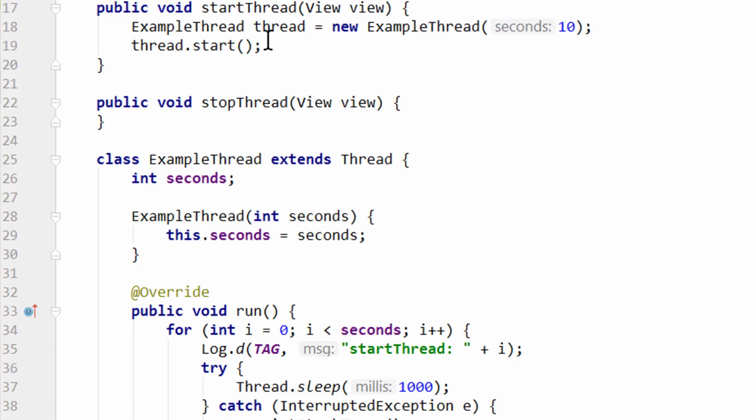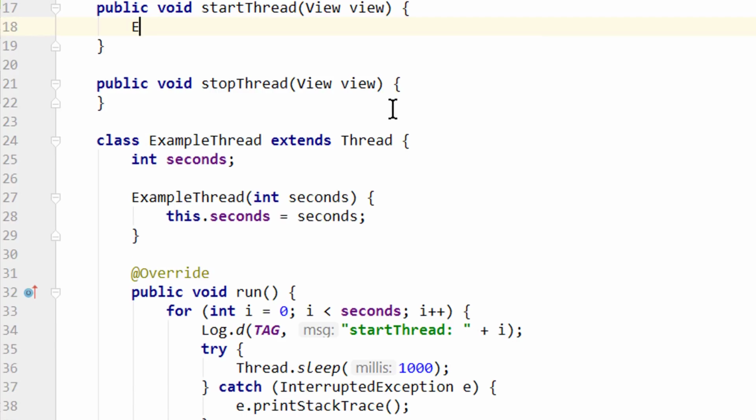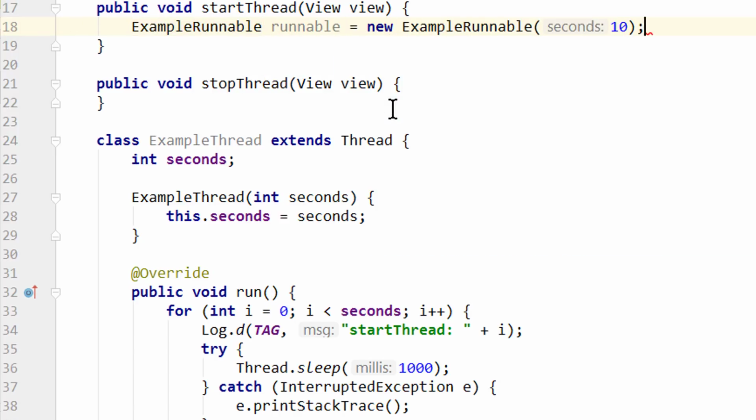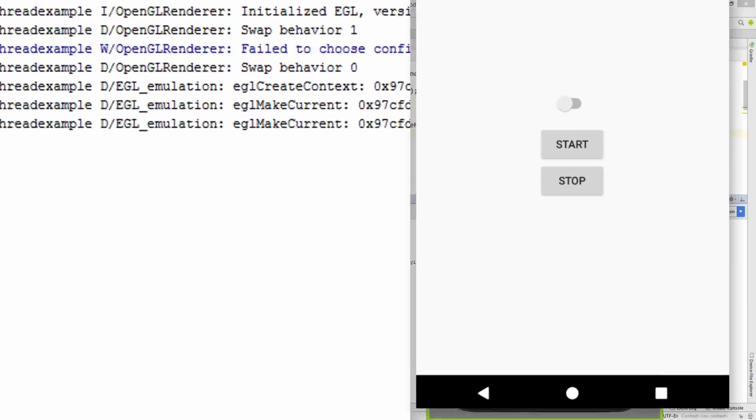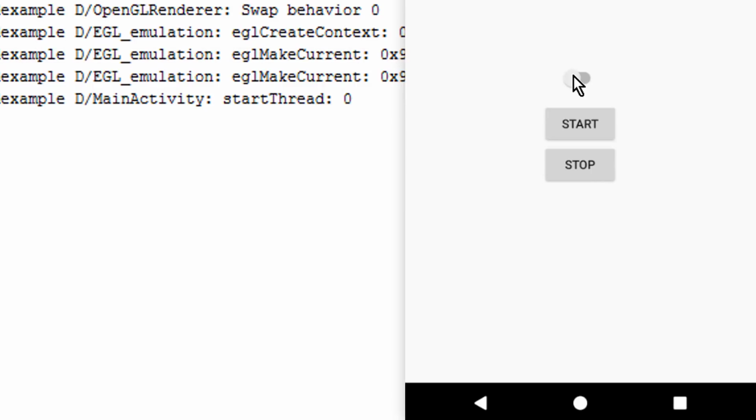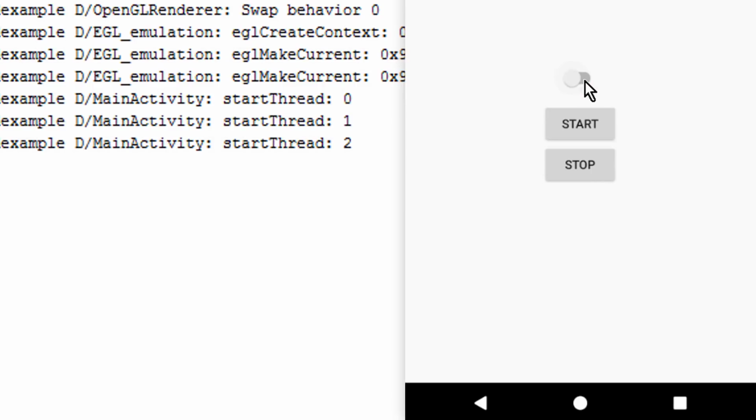So now in our button method, instead of ExampleThread, we create an ExampleRunnable equals new ExampleRunnable. Again we pass 10. But in order to execute this runnable on a separate thread, we still have to create a thread object. So write new Thread, and here we pass our runnable as an argument, .start. Let's test it again. We click start, and it works as well.